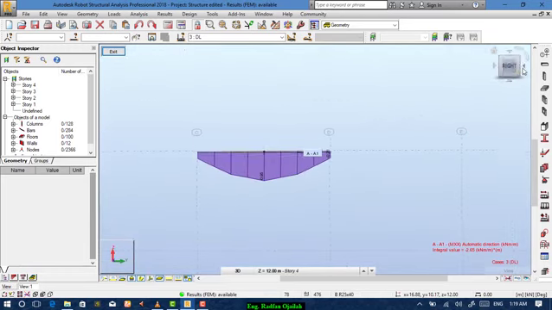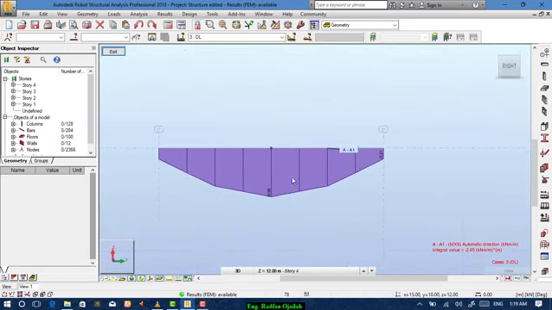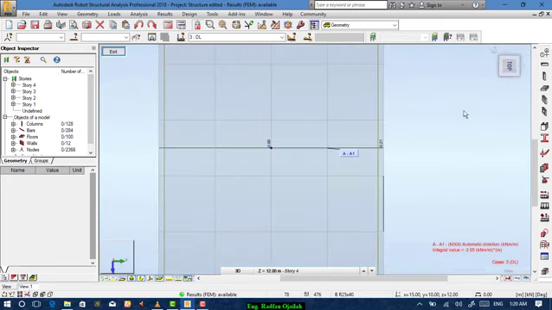Change the view, and this is the shape of the diagram. Keep in mind the variation in the shape of the diagram when we refine the mesh. So go again to top view